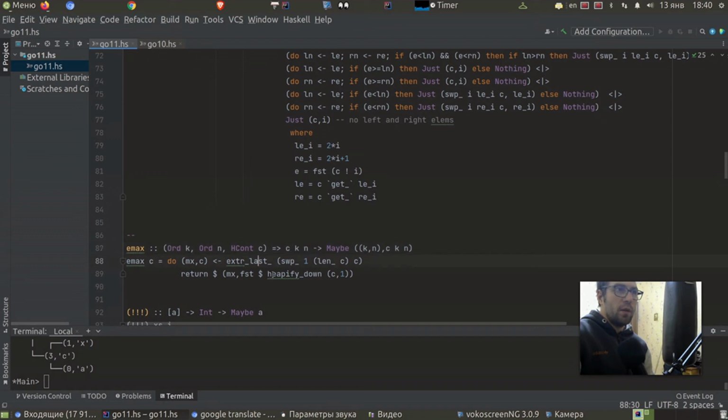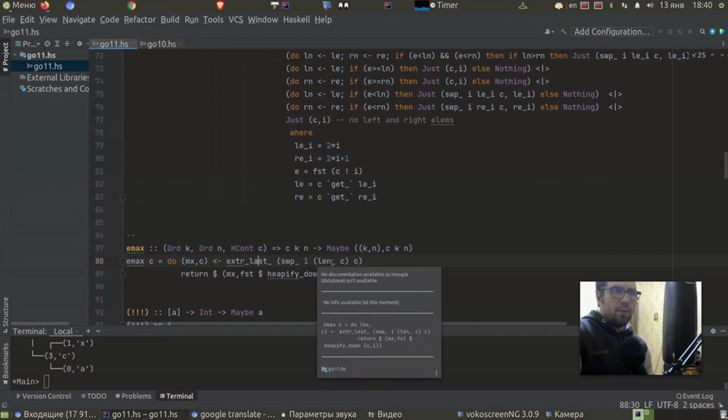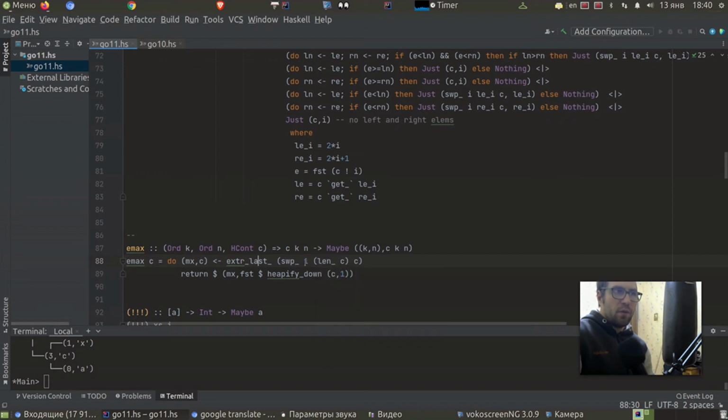And of course, how can we do this? We use the swap function, which swaps the last element of our container and the first element of our container, and provide our container. And then they extract the last element, this is our maximum, and they use this container